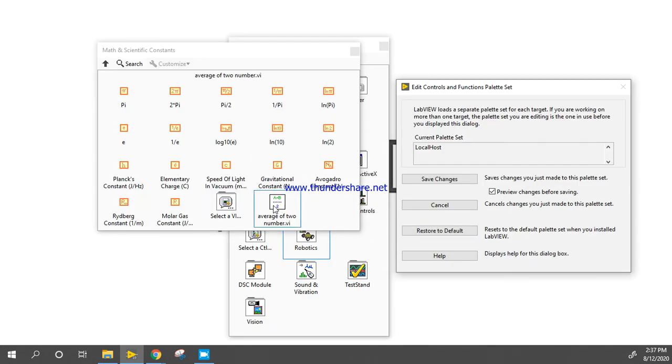Now this function is saved here, and we can now use this function in our program as a complete function. After that, please press Save Changes.